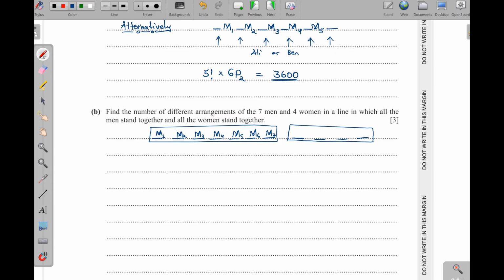Remember, these ones can be anywhere. It doesn't mean that man 1 has to be standing here. That's why we say this is 7 factorial. Anyone can go wherever. Then for the group of women, I can have woman 1, woman 2, woman 3, woman 4. So I have here 4 factorial. So the number of different arrangements,